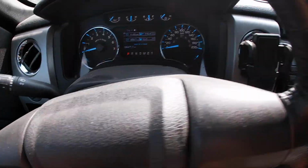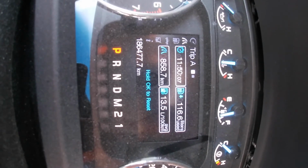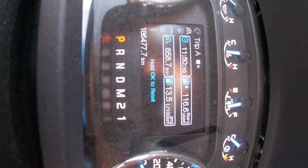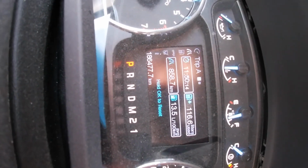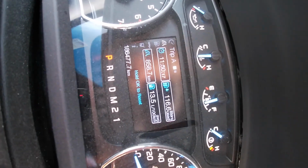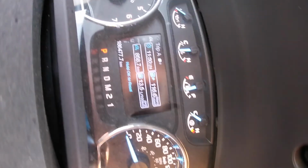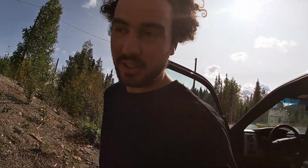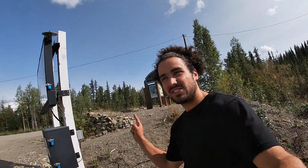All right, so if we look at the odometer here, I don't know if the GoPro can even fit in there. 11 hours and 50 minutes, 858 kilometers, 116 liters of gas. So add an hour, 12 hours, 15 minutes, and about plus 72, because I didn't start filming till the interpretive center. So that's about 925 kilometers and about 12 hours of driving. And we have officially driven from the Northwest Territories, and we are back at the start sign here in the